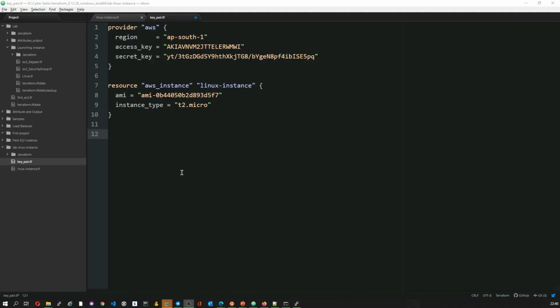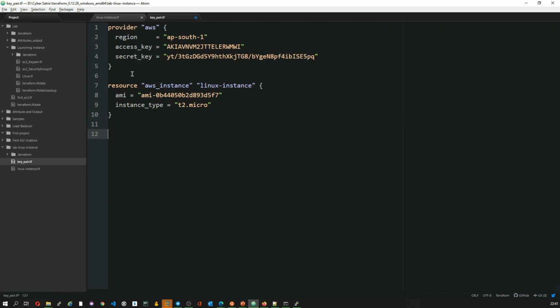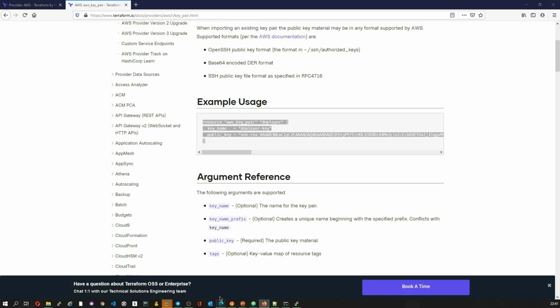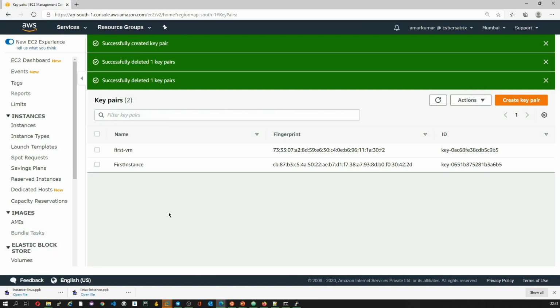Okay, great. So we have seen how to spin up an instance, but there's a requirement that we need to access the instance or a virtual machine so that we can install the required application. So to do that, we have not configured anything yet in our Terraform code so that we can say this VM can be accessed using a specific credential or the key pair. So let's quickly do that. There are two specific ways through which you can achieve the same. Let me show you the first way.